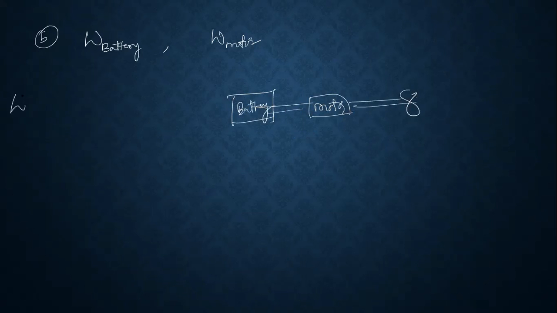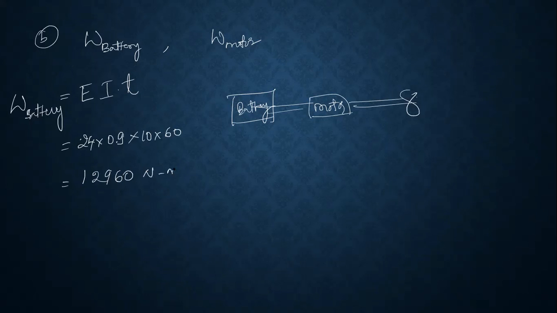They mention work done by the battery, it is electrical work. Therefore, the electrical work we will calculate as E I into time. Voltage is given as 24, and current is 0.9, and the lasting time is 10 minutes. 10 into 60 to keep it in seconds, you get